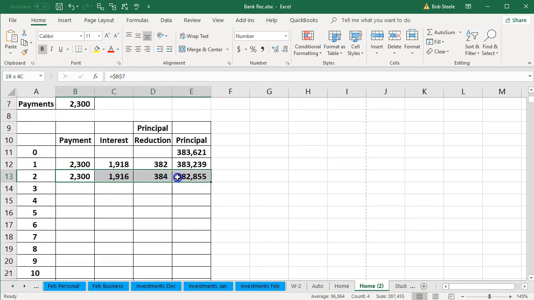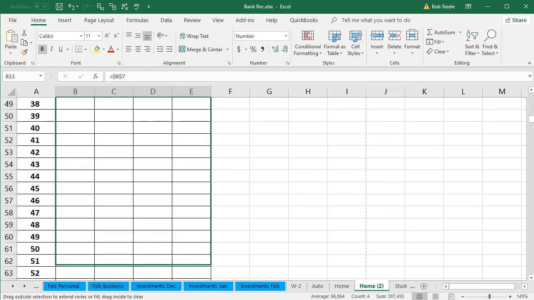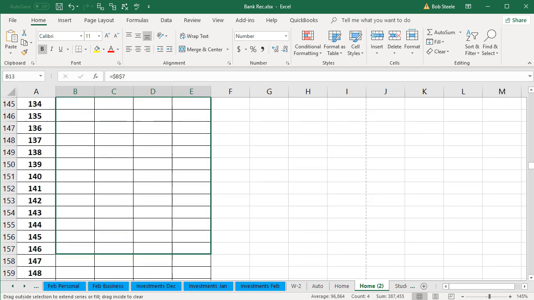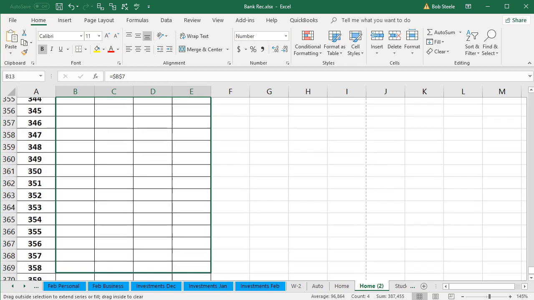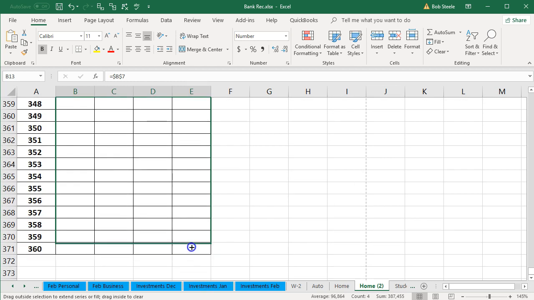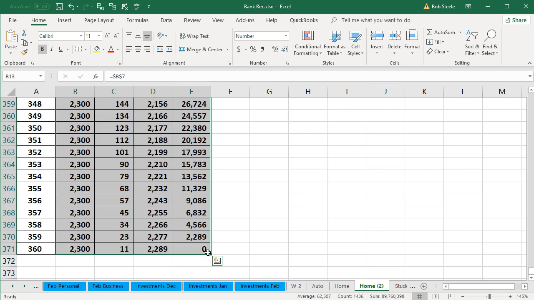So we're going to highlight this. We're going to select this item and then just do this all the way down. I'm just going to put my cursor on autofill all the way down to 130 payments. And once we get all the way down here, the last payment should turn to 0. This number right here, once I let go, should be 0. So I'm going to let go, and that makes it 0.